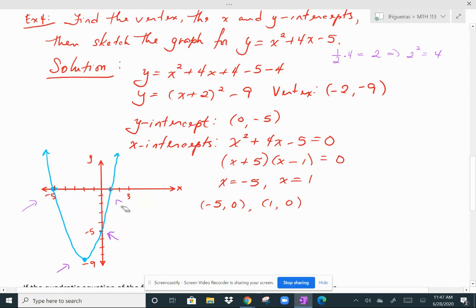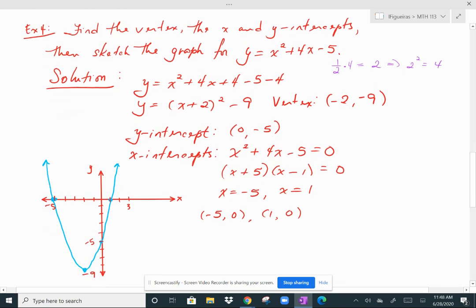So you graph from left to right, so the leftmost point is the x-intercept (-5, 0), and then connect them sequentially from left to right, and so you get this U shape that you see here on the left. Okay, so